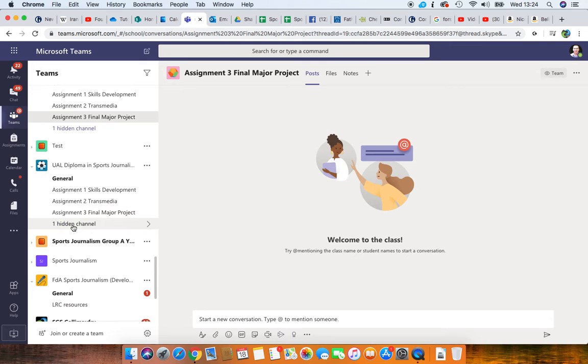You can see we've got one hidden channel at the moment, which is a channel that Harry has made for you, although it's not giving it to me. Just taking a while to load. If I click on that, that will show me the channel that Harry has made. And Harry's channel is going to hold information that will help you with the tech elements of your work for your FMP. You know, picking cameras or using your phone, for example, to help you film,